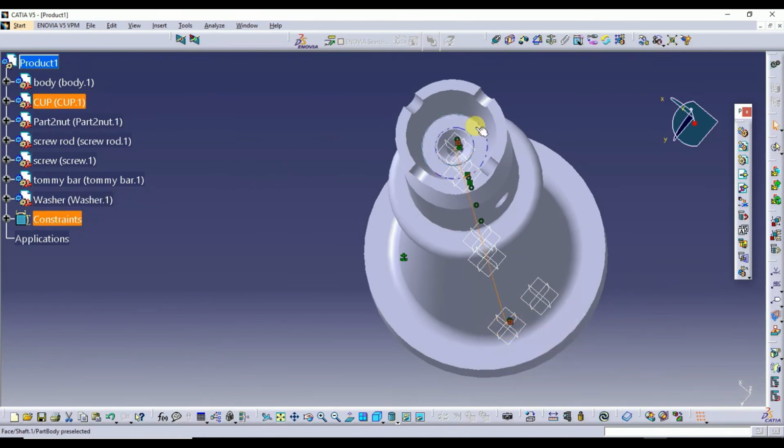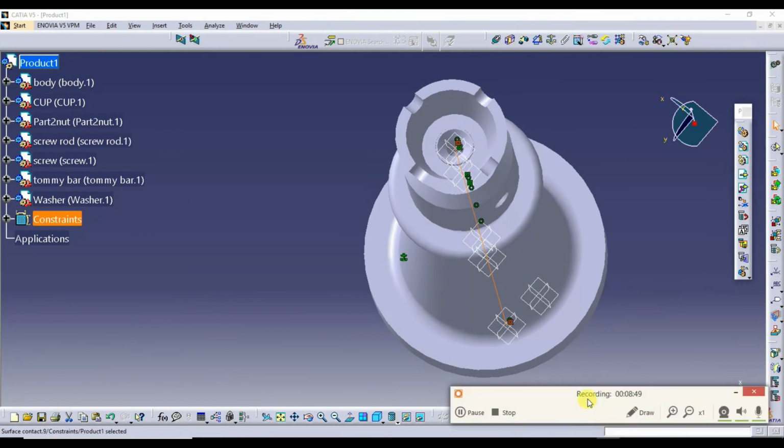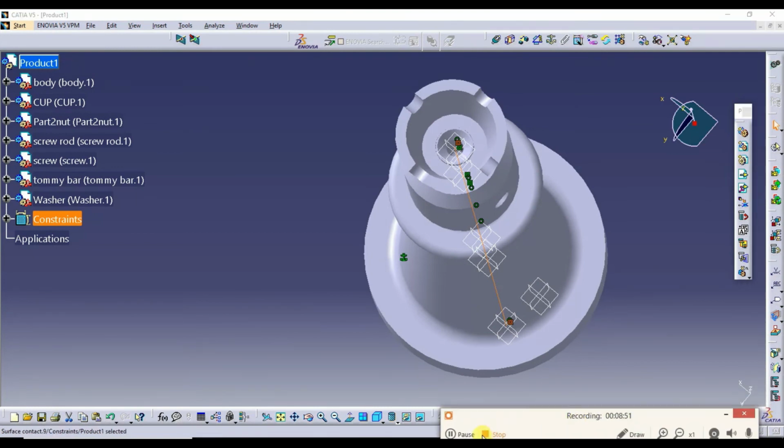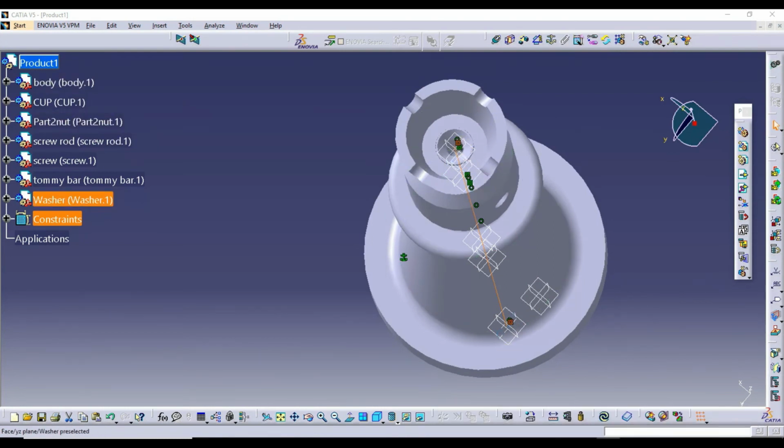Just I'll select this. So go for update. So this is a washer.